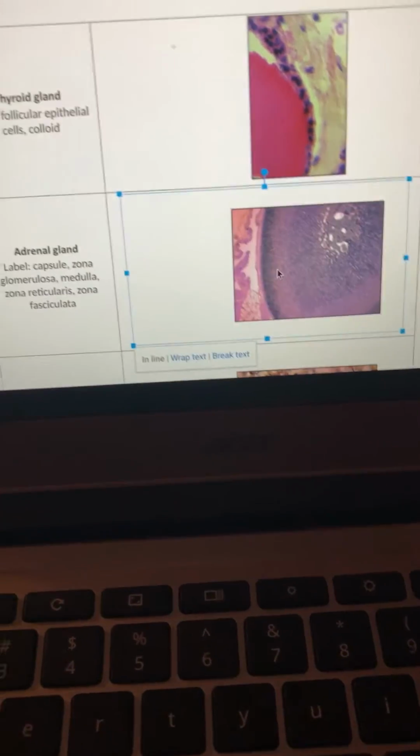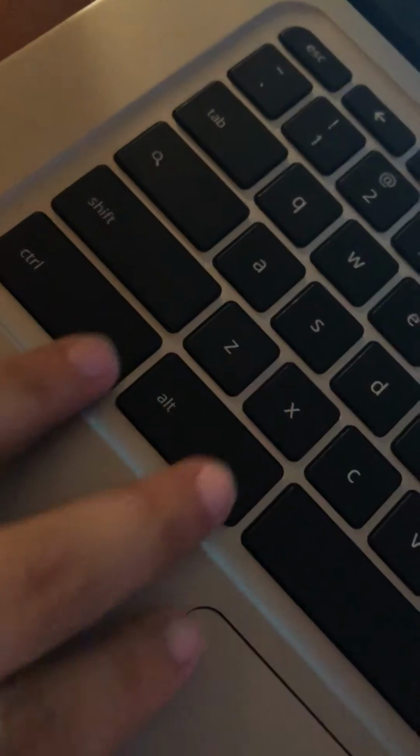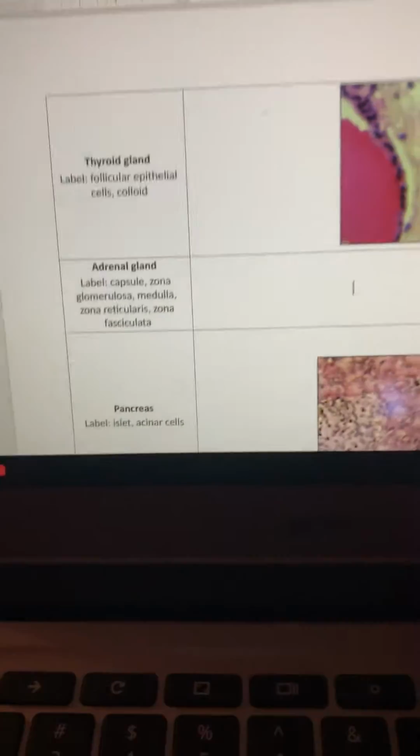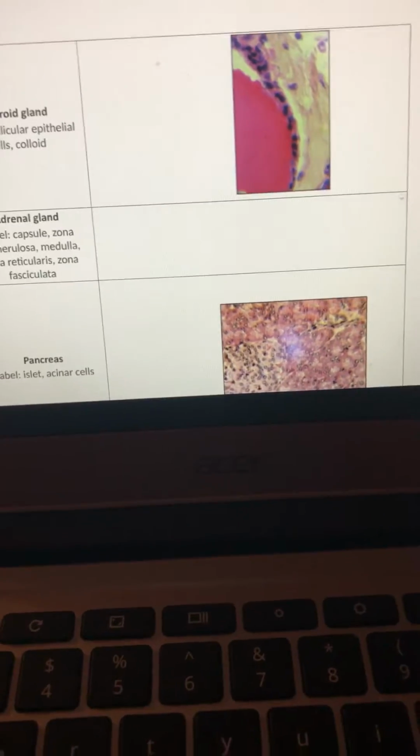So as you can see, when I clicked it, it highlighted the whole picture. So what I did is I went ahead and hit Control C on the computer here, so that we can copy the picture that's highlighted, and then Backspace, which completely took the picture out of the column it was in. So now